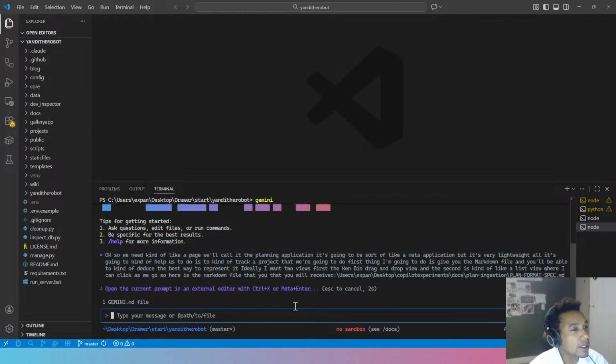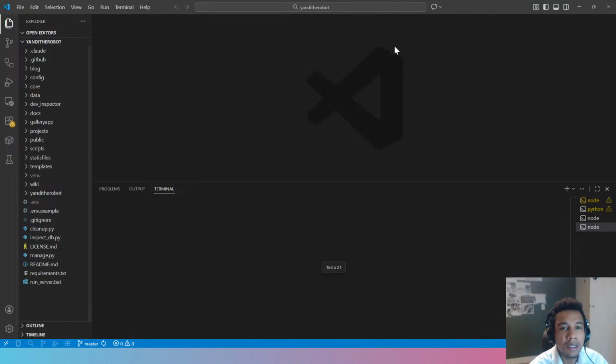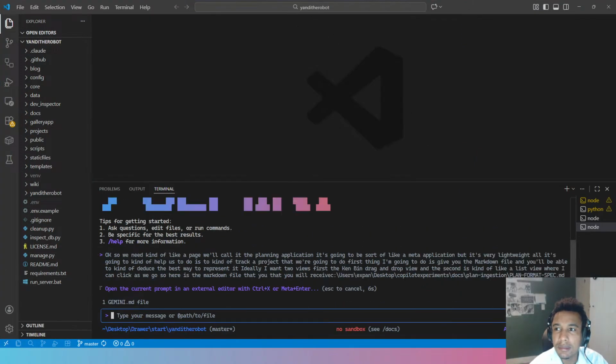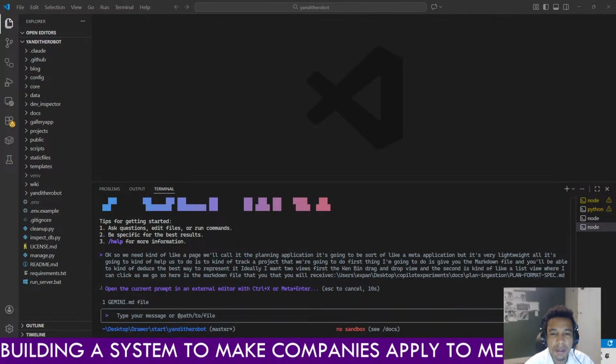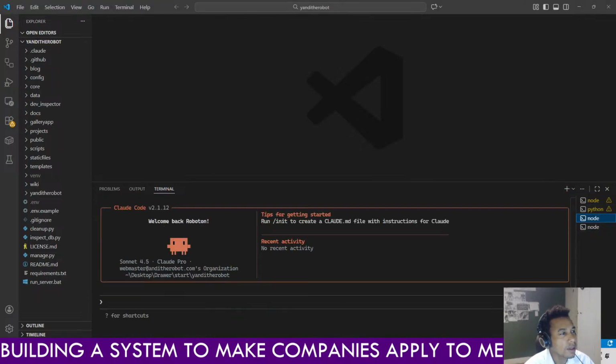So it's going to read our plan, and while it's reading our plan, we're going to switch up to this and let it do its thing. While it's building, we're going to give a warm-up specification to our thing. I think what we need is a sort of